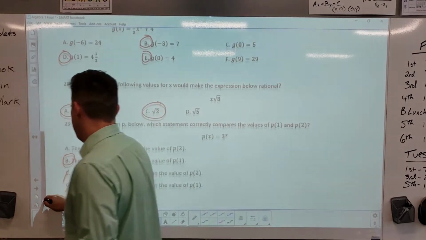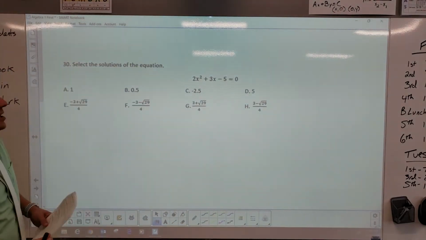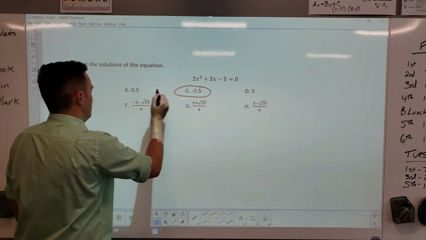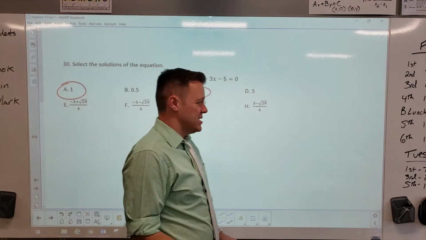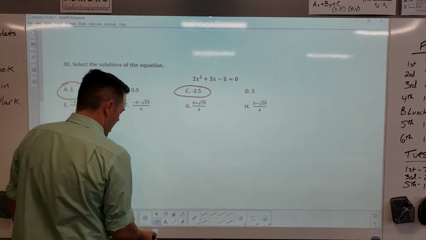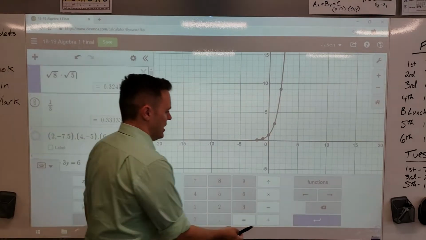All right, next, 30. Select the following equations. Graph it in decimals. These are your intersections, okay? And this is what I was talking about earlier. What if you graphed it in decimals and you got some weird answer? So let me check it real quick, because I never did in class today. If I do check this answer,